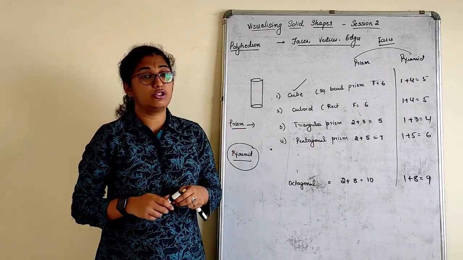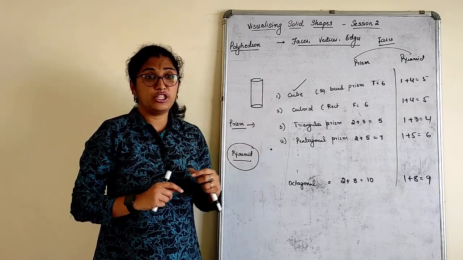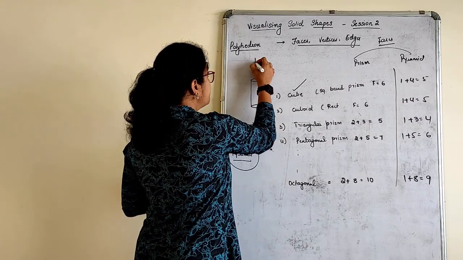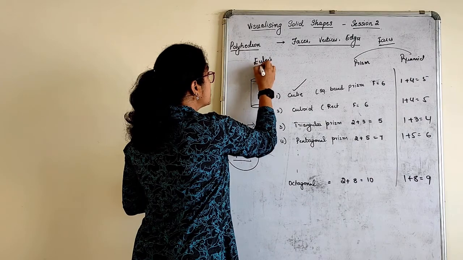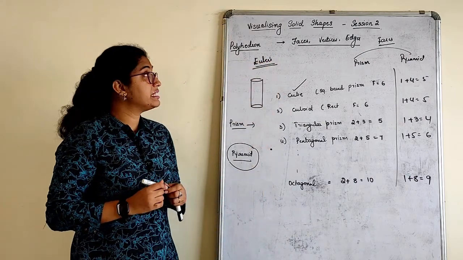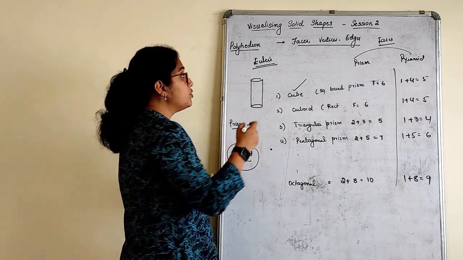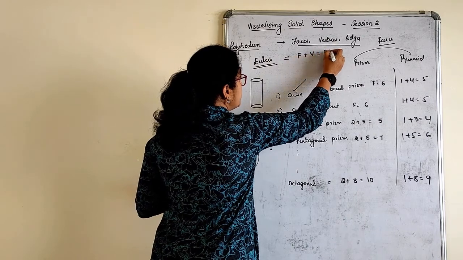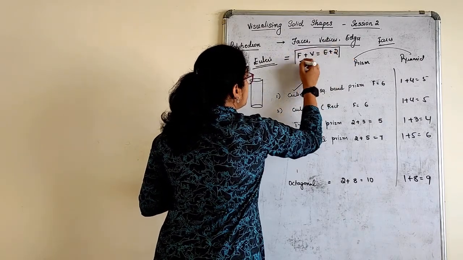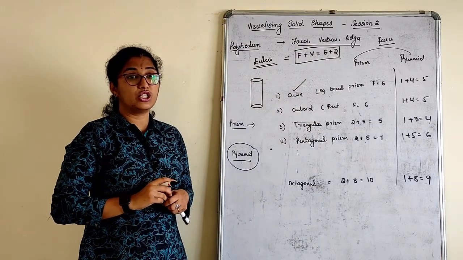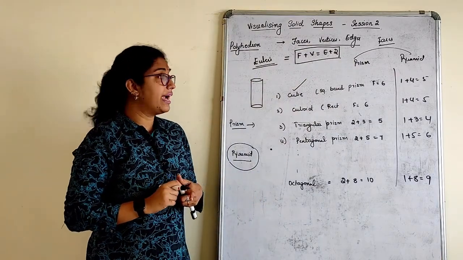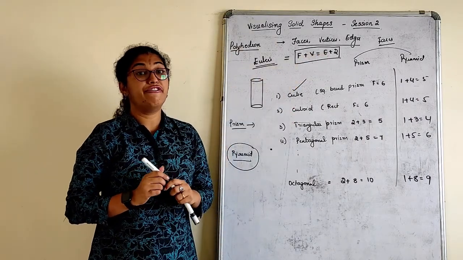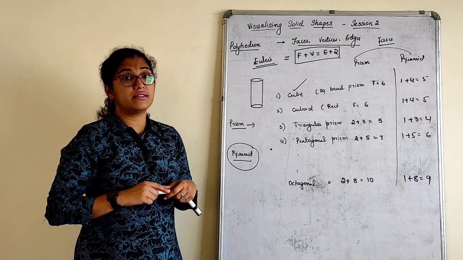To identify a polyhedron, or how many faces, vertices and edges are there, there is a verification, a formula which is called Euler's formula. Euler's formula for verification of the faces, vertices and edges. What does Euler's formula tell us? It tells us that when we add faces and vertices, it is E plus 2. F plus V is equal to E plus 2. It has to satisfy this condition. The number of faces plus vertices, when you add, will always be equal to the edges plus 2. That is the formula for Euler's verification for the number of faces, vertices and edges.